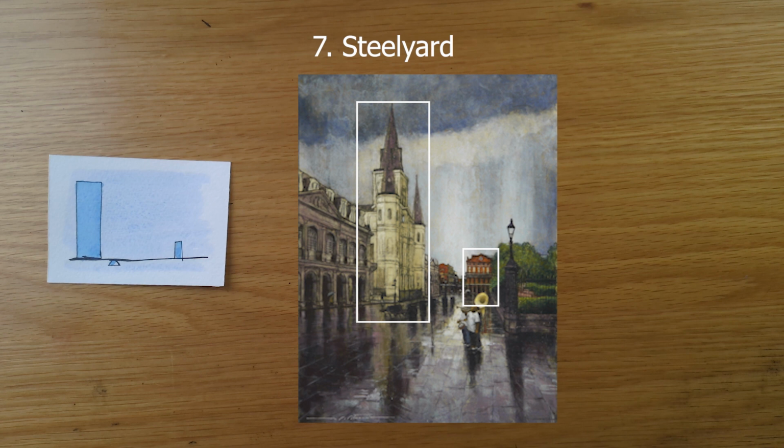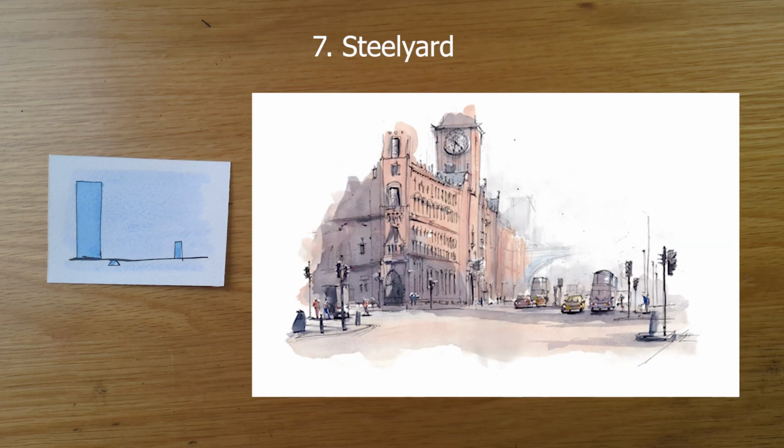You can see that I've used it here in this painting of Manchester. I've put the main object, which is this Kimpton Clock Tower Hotel, on the left, and I balanced it out with a smaller collection of cars here on the right. If I take away those cars, the building would be fine by itself, but there's no contrast. There's no counterbalance. So I think this is a really, really helpful tool for providing focus and providing a sense of scale.